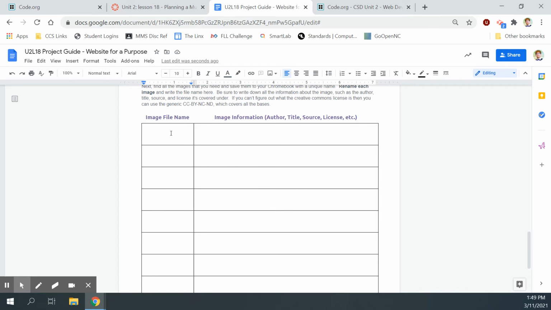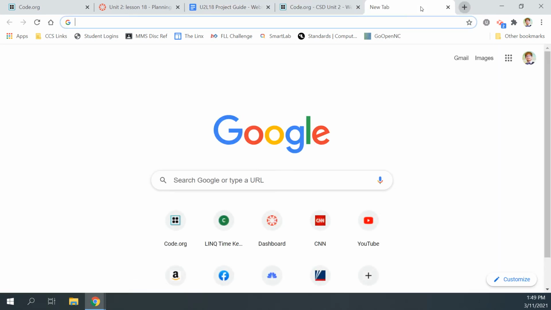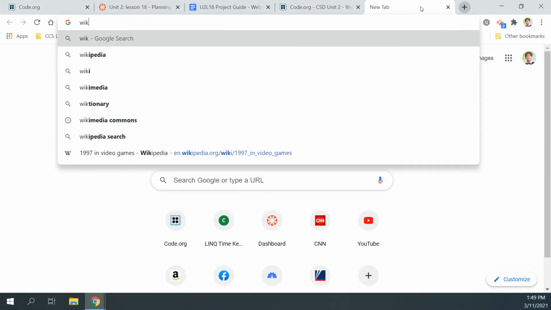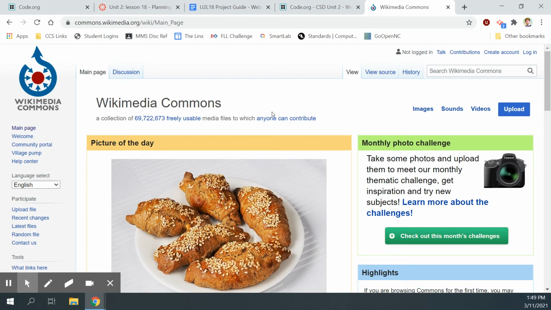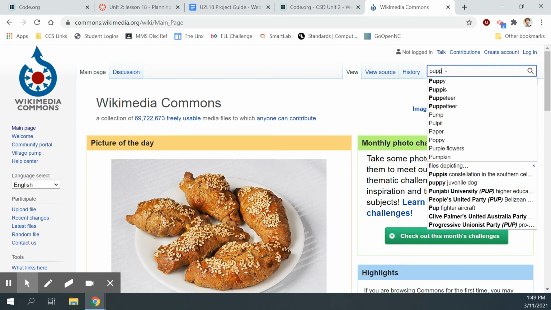The file name, right? So let me just find a random picture. Let's see here. I'm going to go to Wikimedia Commons because they're really good about giving attribution and making sure that everybody understands the Creative Commons licensing agreement for every picture that they put on this website. So if I look up puppy,